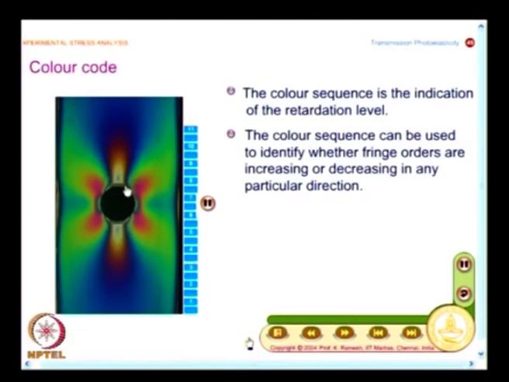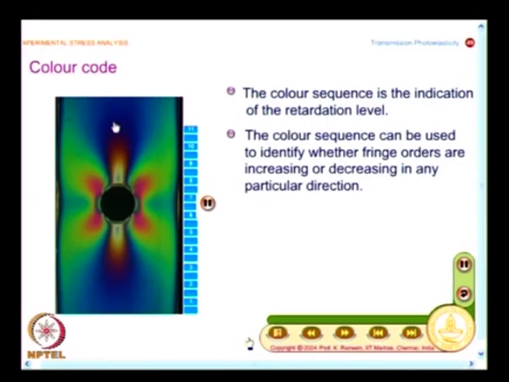We have looked at the plane polariscope, we have also looked at the circular polariscope, and I said one of the convenient means to quickly identify the fringe order is in white light. In white light you see a color code, and what I have here is the problem of a plate with a hole, a stress concentration region. I have the color black here, then you have white, and then it moves out,